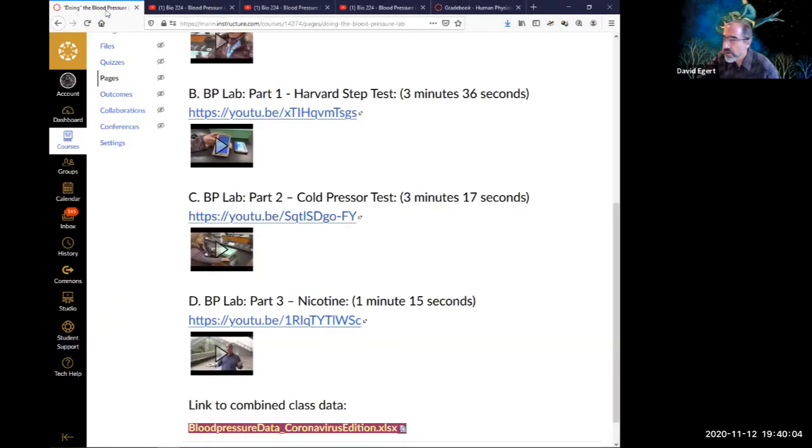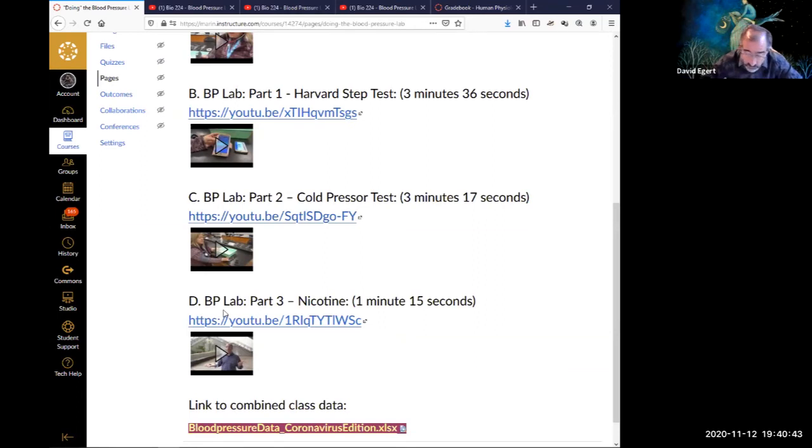All right. So you kind of see how that goes. I mean, we were making these right after the shelter in place came in, so we couldn't actually show you the actual taking of the blood pressure. But normally, while the person has their hand in the ice water, there's going to be one person taking the blood pressure on the other arm, and another person with their hand on their neck taking their pulse at 1 minute, 2 minutes, 3 minutes. And the data for this one,